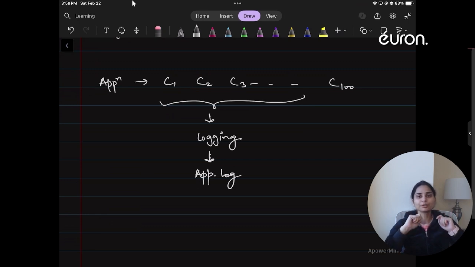object throughout. Because if there are multiple objects, there will be multiple instances of that object, and there will be some different logs. You will not be able to understand, because every instance is going to be creating a new logging, and then it will be difficult for you to understand where the flow has broken. So in order to maintain one object throughout,